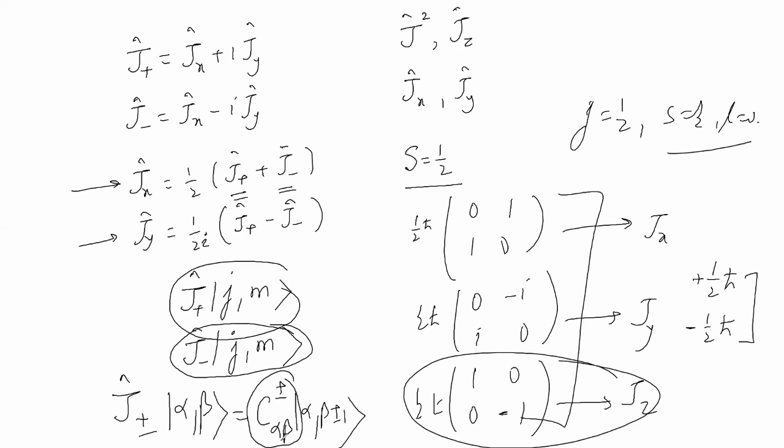For that we have to determine this C plus minus alpha beta, and only then will we be able to determine the values of Jx and Jy. Okay, therefore let us stop here. Tomorrow I will